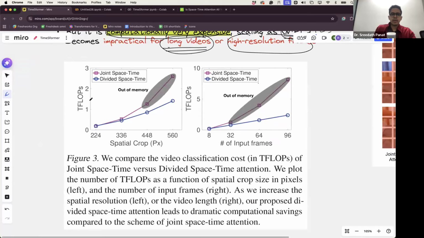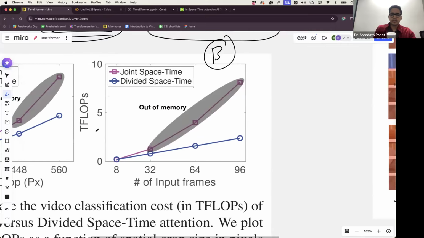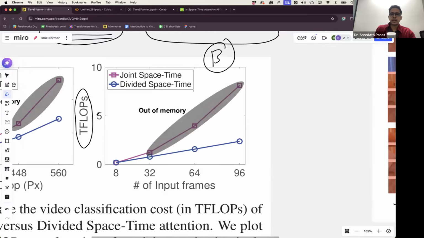So what they're showing is, on the y-axis, teraflops. So flop is floating point operations per second. How many floating point operations per second are required is an index of how complex your model is. So here, as you can see, if there is a joint space-time attention as shown by this purple color graph, you can see that as the number of frames in your input video increase